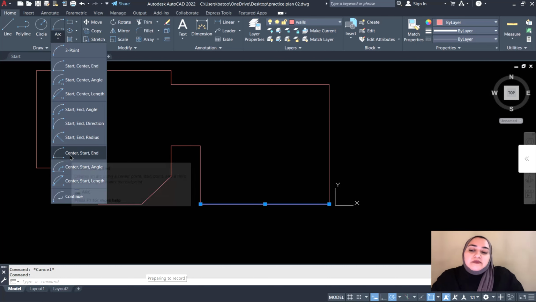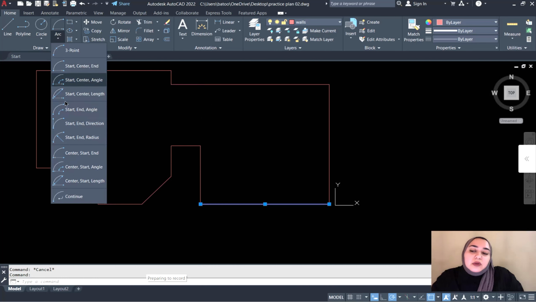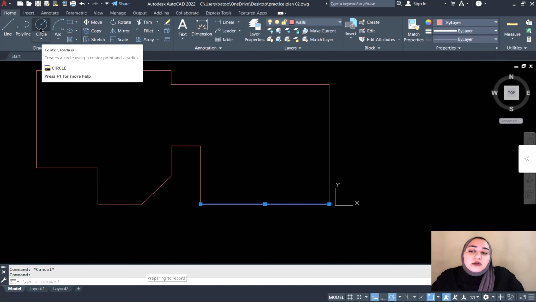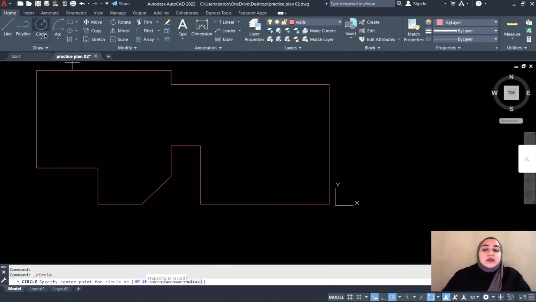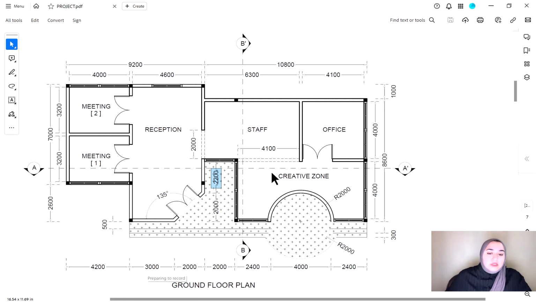Okay, so I have the center, and basically it will be hard to create any of these. So to make it easier, I'll just work with a circle. So I'll select the circle, or C, enter to activate circle. Click on the midpoint in here and then type your radius. So the radius was 2000